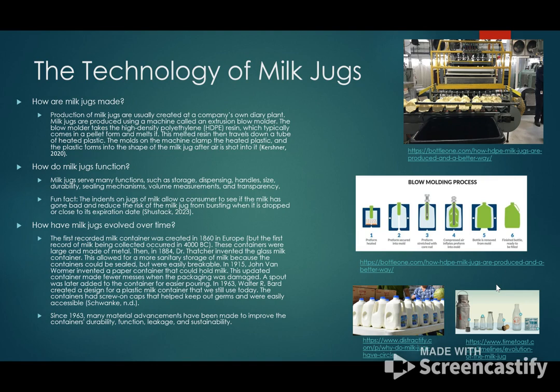But if you dropped a glass bottle, your milk would spill out and glass would break. So the pickup process was a little bit more in depth than it was with the metal container, and I know that irritated a lot of people. But then in 1915, John Van Warmer invented a paper container that could hold milk, and you can see that